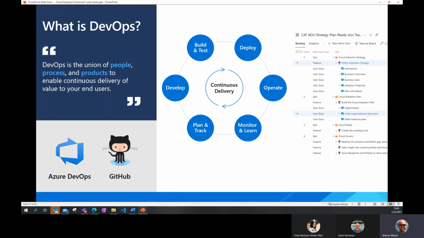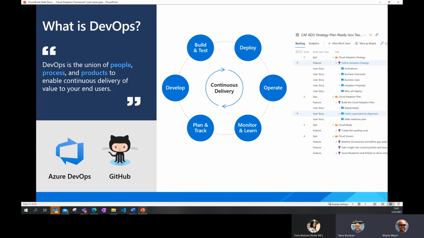We go in and do the deployment in a simple way, and then with operations, when you think about deployment, you're not asking somebody to go provision, procure, and deploy and throw it in. We should be able to go through those release pipelines and get it stood up in the right way. Then through QA and production environments, you have your rules that get applied. And then there's ongoing monitoring, learning, planning, and tracking, ensuring that we are meeting the performance requirements of the app, as well as the requirements of our customers and end users, and bringing that back into the cycle of learning, developing, coding, and releasing again.